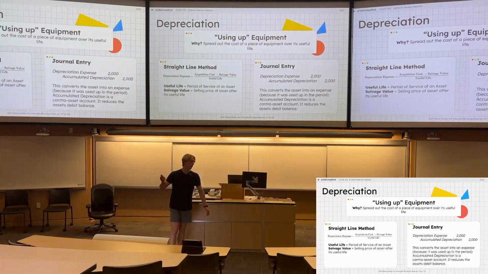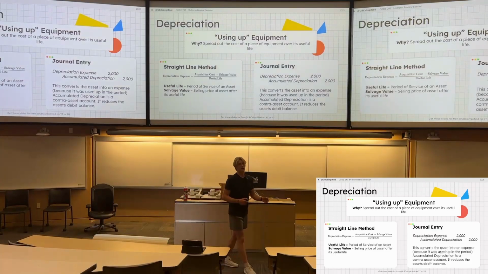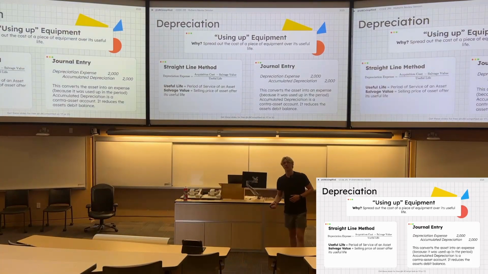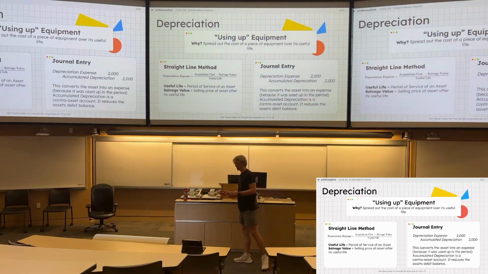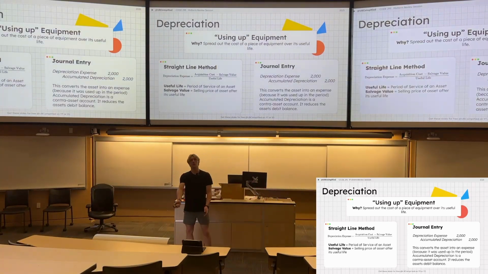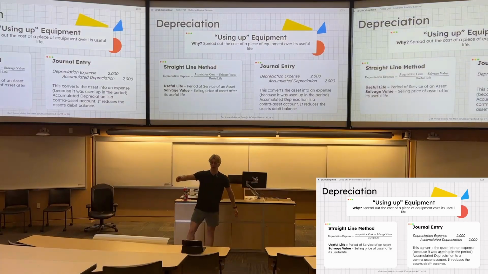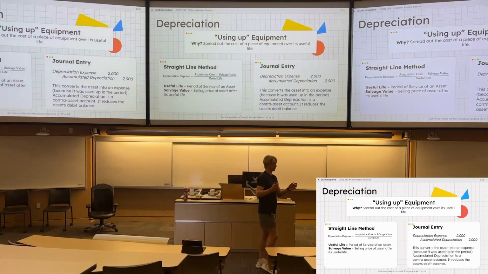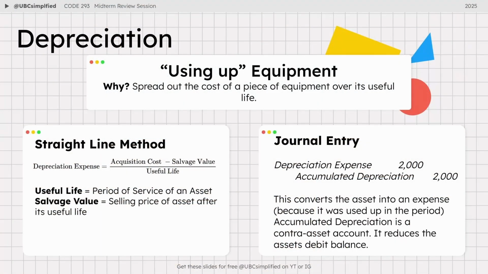So if you had a machinery that could last you 10 years, it costs you 100,000, you could sell it for like $10,000 after you use it up over 10 years. You just do that quick math, and then you find out, okay, each year it's depreciating by this amount, and that depreciation goes into this thing called accumulated depreciation, which basically is just a way to show, okay, yes, we have purchased this equipment for this much, and then it's a contra asset account, which basically means that